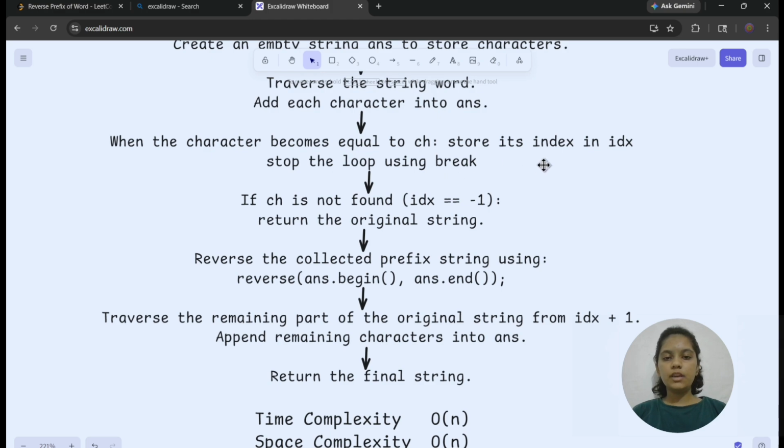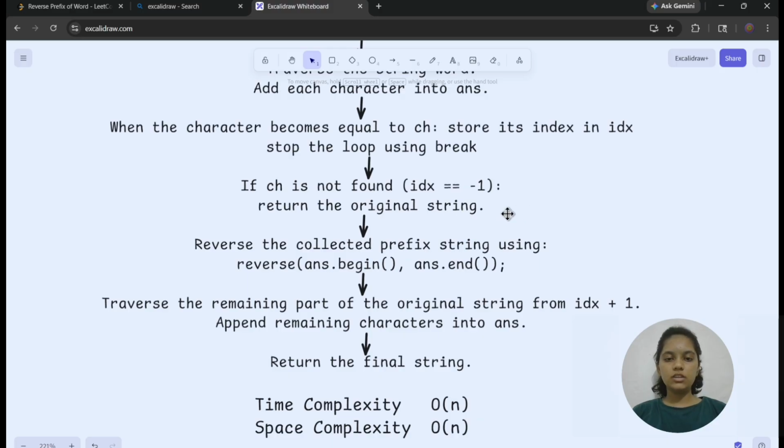After breaking I check if the index is equal to -1, which means I did not find the character inside the string. So here I have to return the original string.